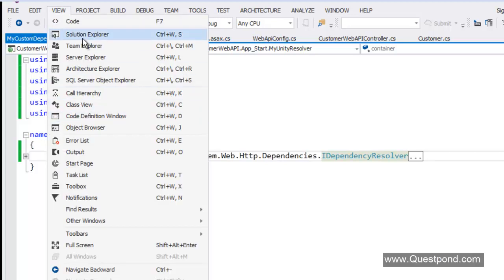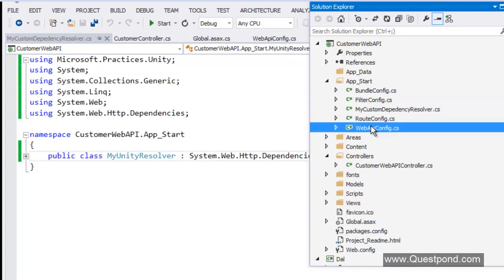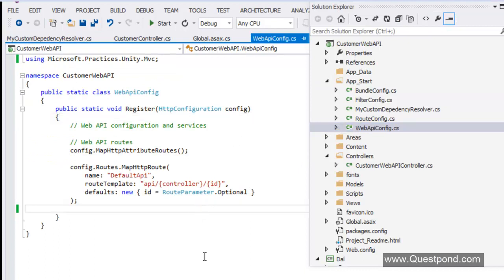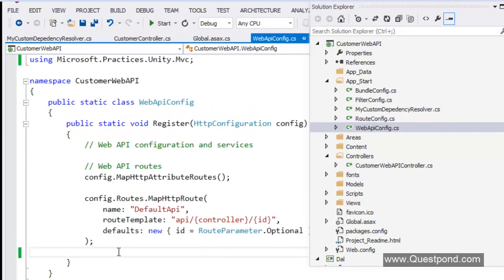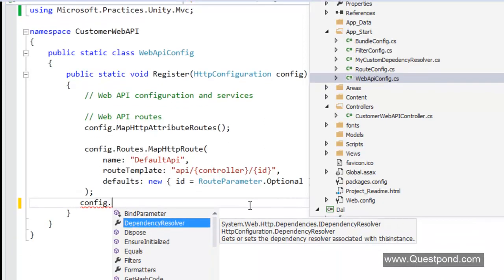So in order to inform your web API about the existence of my Unity resolver, we need to go to the web API config file over here, and set the dependency resolver. You can see this configuration has a dependency resolver here.